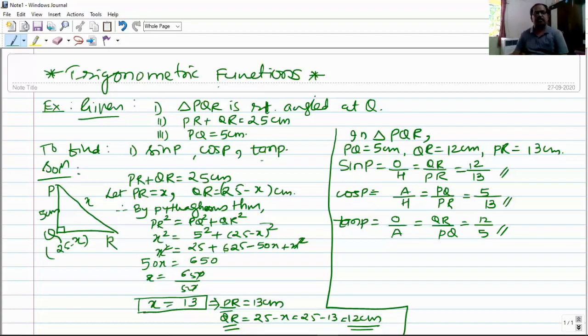So students, this is one of the important examples. Such type of example may also be asked in the exam, if some relation or some of the sides are given and you are asked to find the trigonometric ratios from it. So students, isn't it easy? Yes or no? Yes. So in this way we are able to find the values of trigonometric ratios with the help of some given information, right students? Okay, so now let's move ahead students. We have few more examples. What is that example? We can see here.